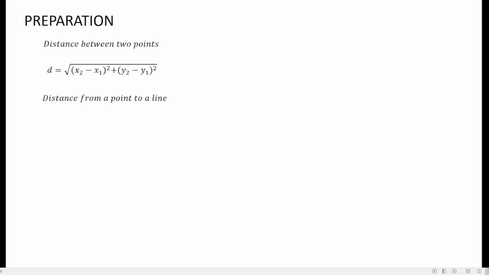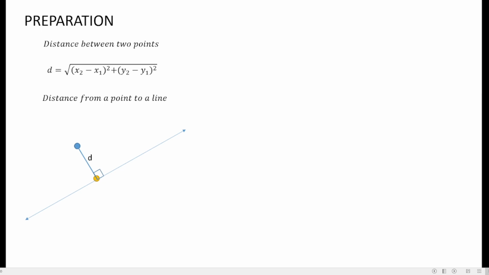We also have the distance from a point to a line. When we say a point to a line, I have an illustration here. There's a given point and there's a given line. The distance between them must be the shortest distance from the given point to the given line. So that should be this one. Now, how do we know that that is the shortest distance? The shortest distance will always form a 90-degree angle with the given line. Again, the line segment is the shortest distance if and only if it forms a 90-degree angle